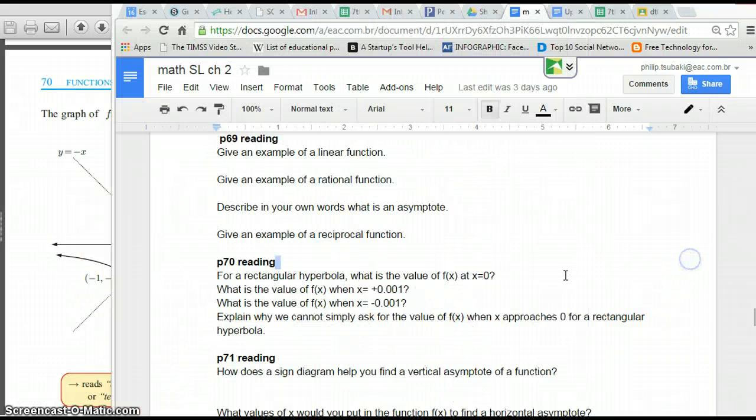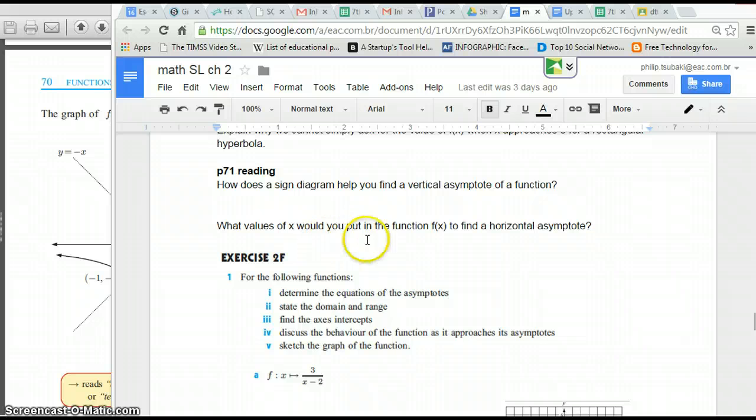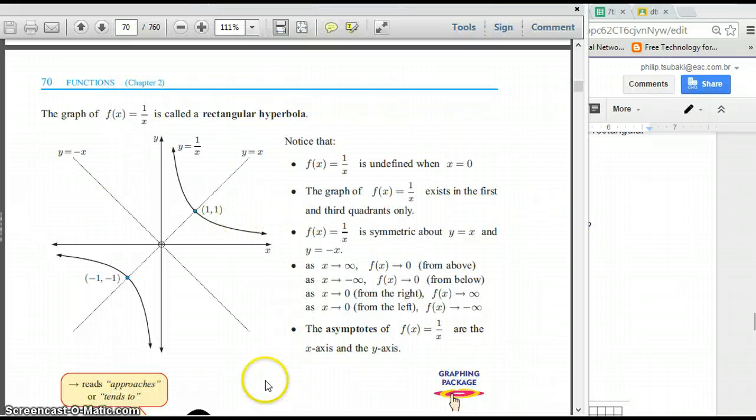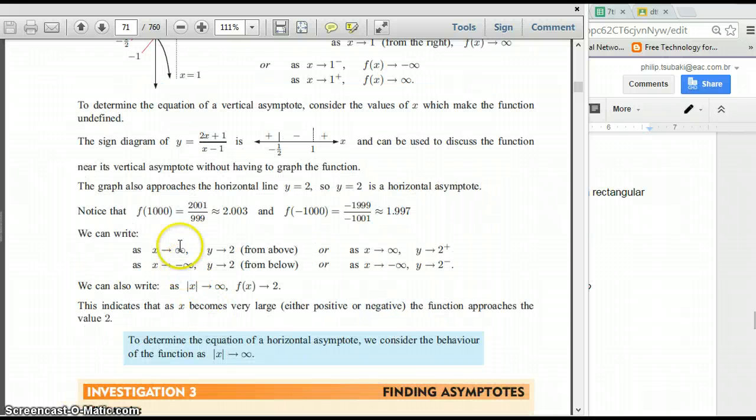What values of x would you put in the function to find a horizontal asymptote? Well, the way you find a horizontal asymptote is you put big values of x. So you put like plus 1,000, you put negative 1,000, and when you do that, you will see that the rational function approaches a number like 2,